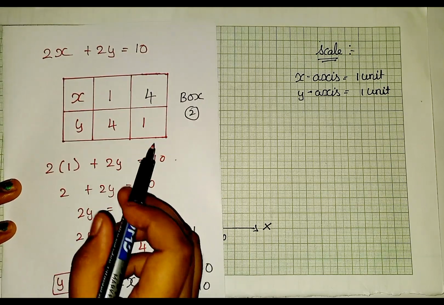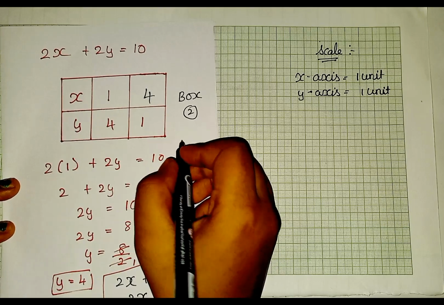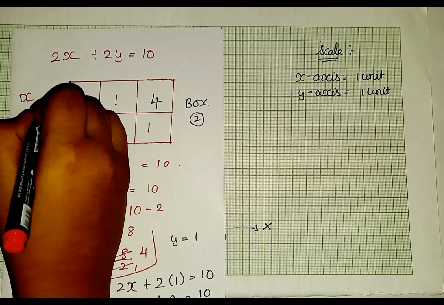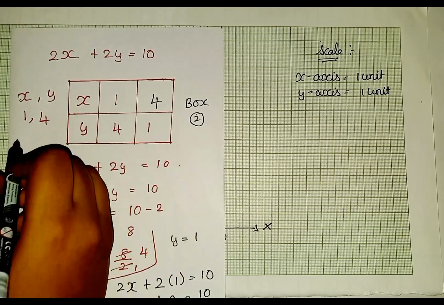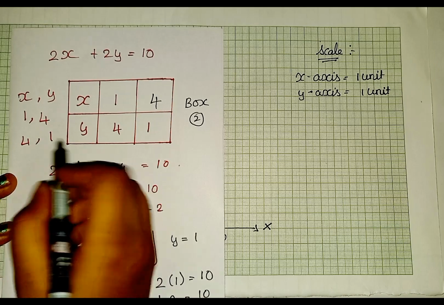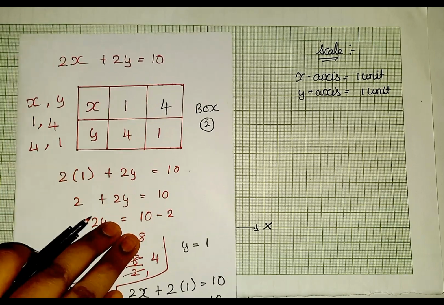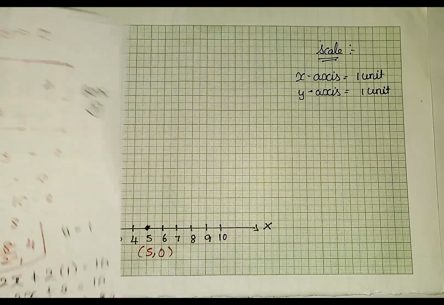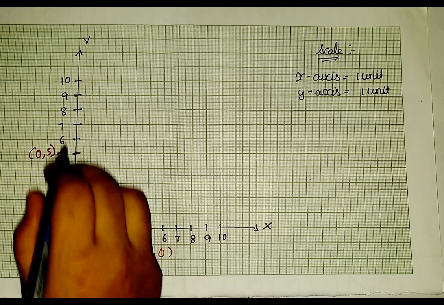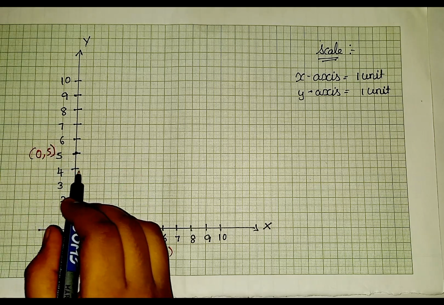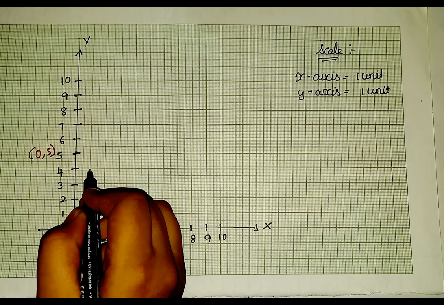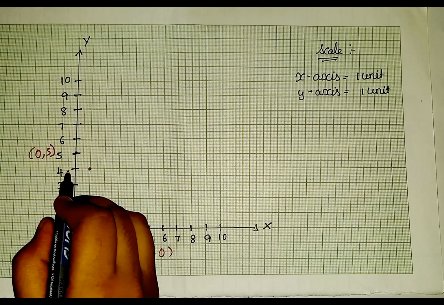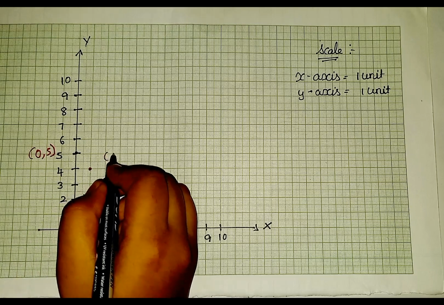So this is box number 2. Here I'll write 1 in x axis and 4 in y axis. And next one, 4 in x axis and 1 in y axis. So let us mark it. First let us mark this one, that is 1 in x axis and 4 in y axis. So here 1 is right over here, and in y axis we are supposed to find 4. So 4 is right over here. So let us find a point where they can meet. This is the point they meet, right? When you come down, here it is 1, when you come here we will have 4. Then I can write 1